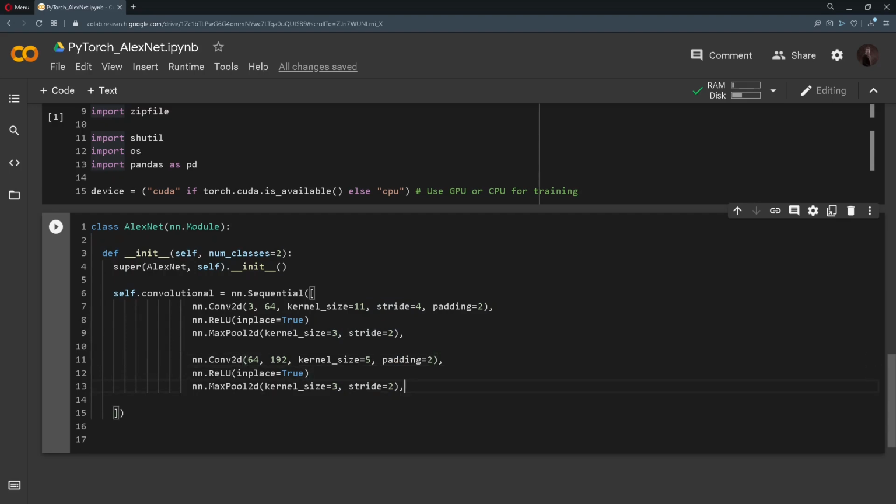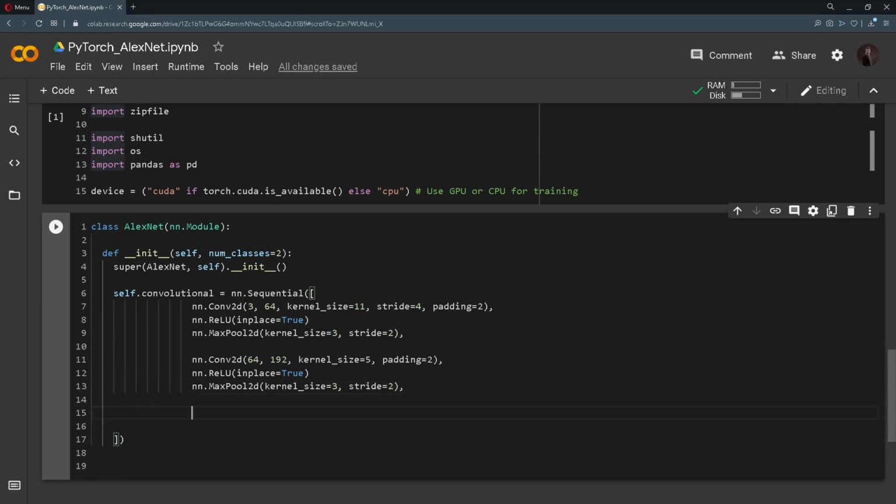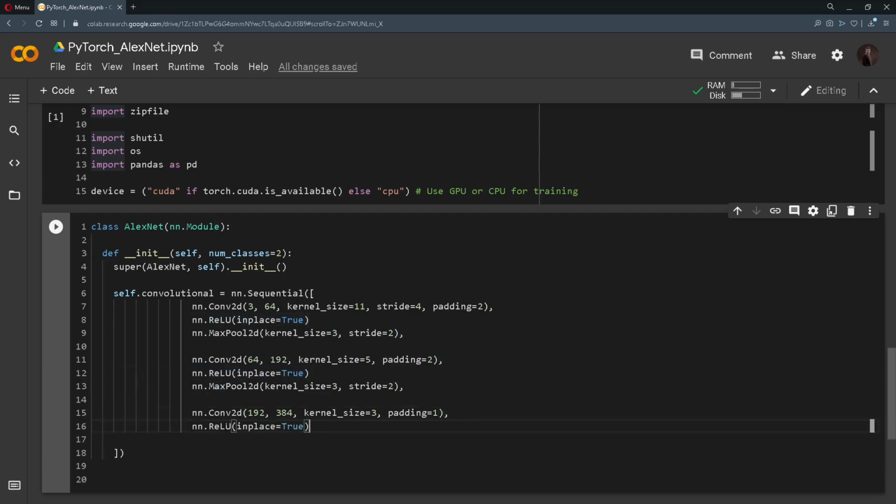This will be the same here, and after that we will now do the 3 convolutional layers. So I will copy and paste the convolutional layer from here, and the first one will have an input of 192 and output of 384. Kernel size will be set to 3 and the padding will be 1. After that we will apply a rectified linear activation function like this,